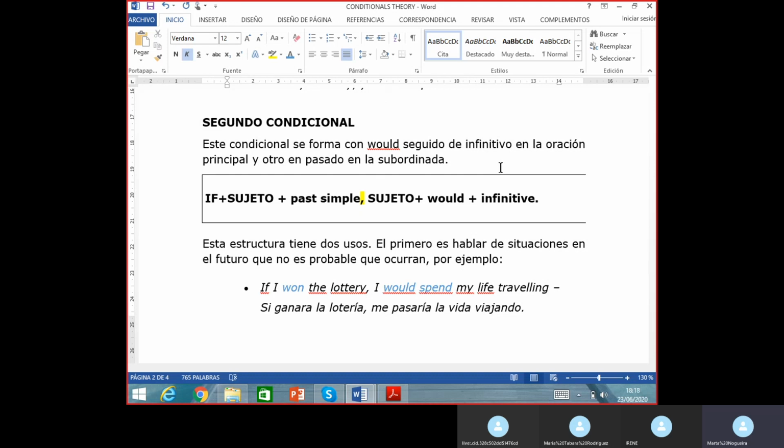Let's see the second conditional. This conditional has this structure that you are seeing in the screen. If plus subject plus past simple. So of course you need to know the past simple, like